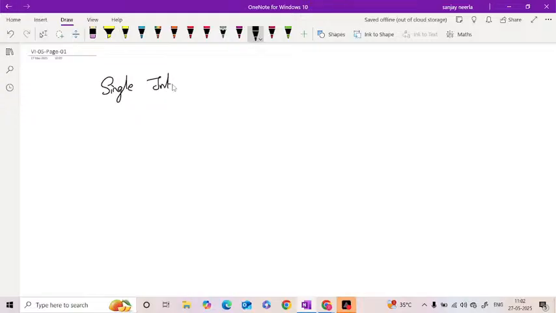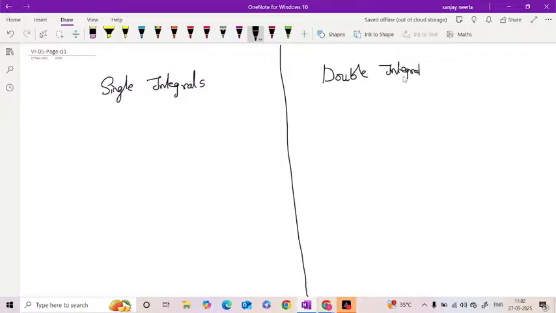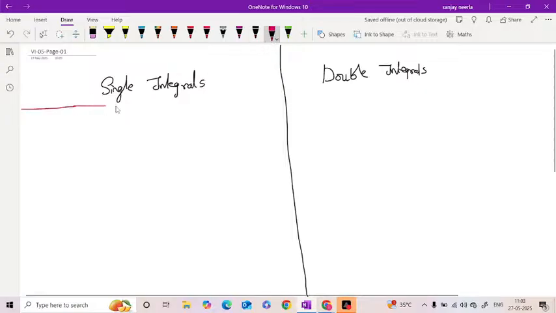Single integrals. Next one, we will compare the single and double integrals. Double integrals. So single integrals and double integrals. Now I think in the previous class,